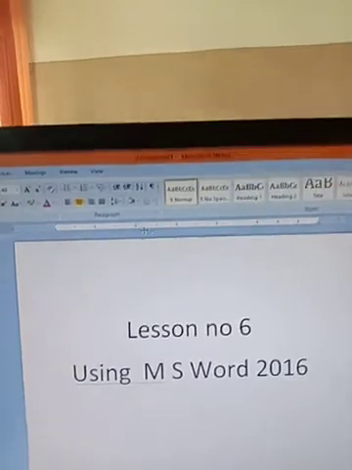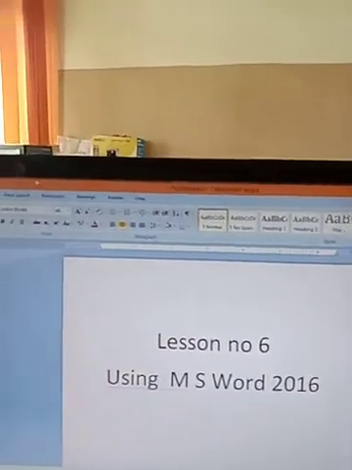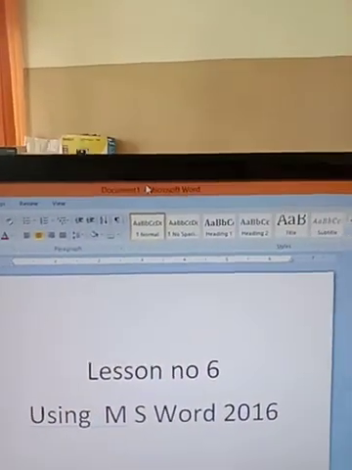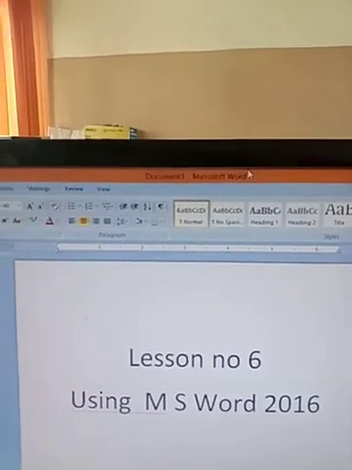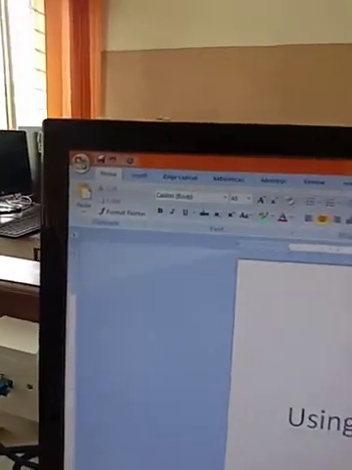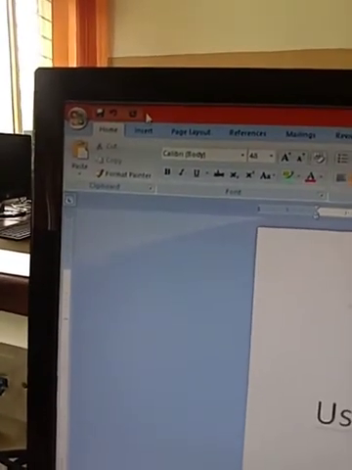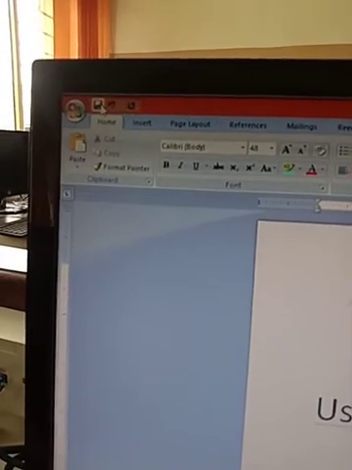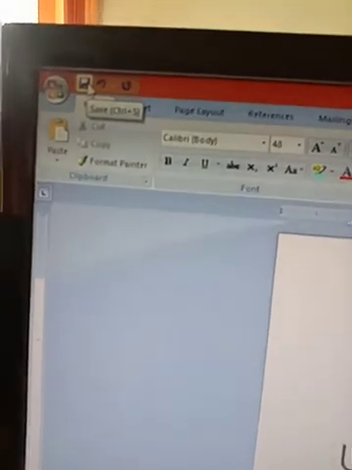Can you see this orange bar at the topmost? This is called title bar. This is title bar because here the title is there. The name of the document is given here, so this is called title bar. When you come to the left side of this title bar, here they have given a ribbon. This is called quick access toolbar, from where you can save the document shortcutly. So this is the option to save your document.